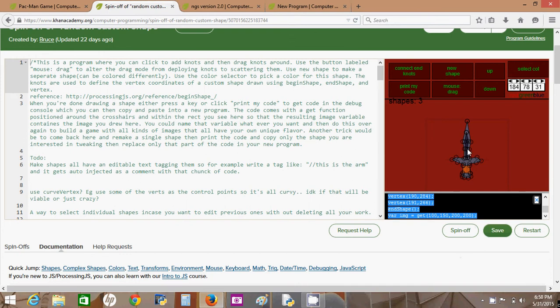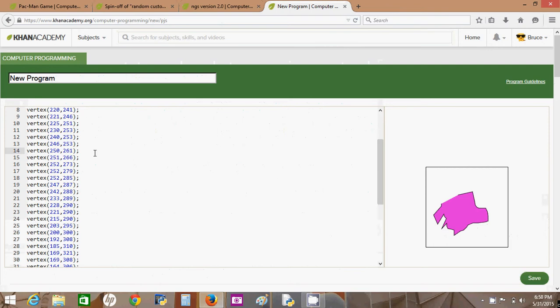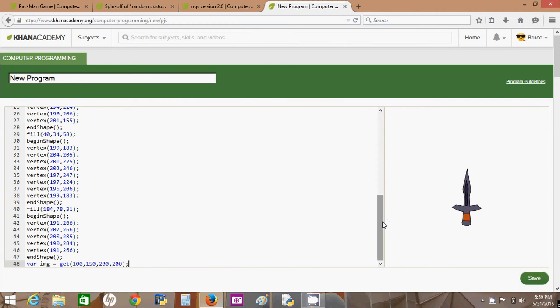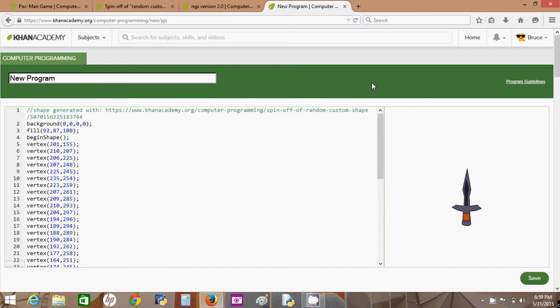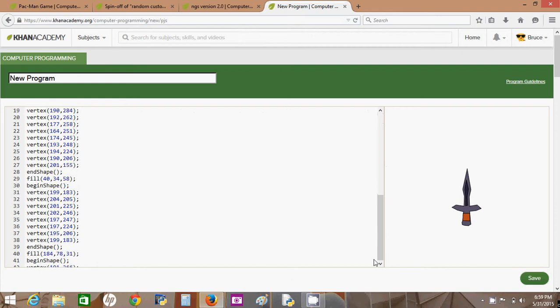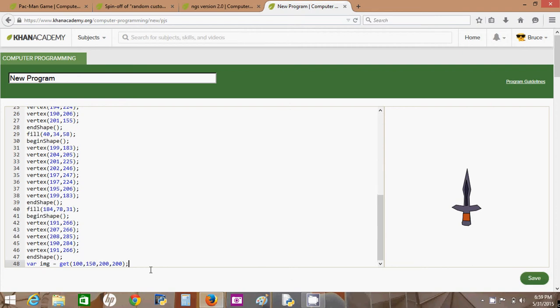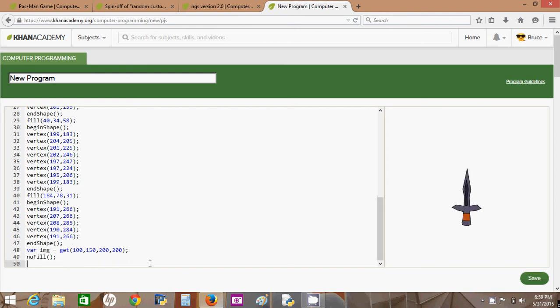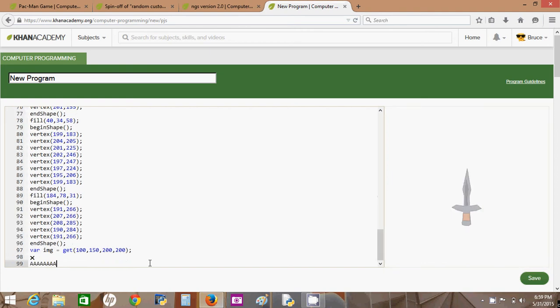So I went and spent a little bit more time creating something less blob-like. And I'm not the greatest artist, but that'll do. So let's go ahead, and I should just put that into the code. Since I'm never going to finish writing that program, I should just put this